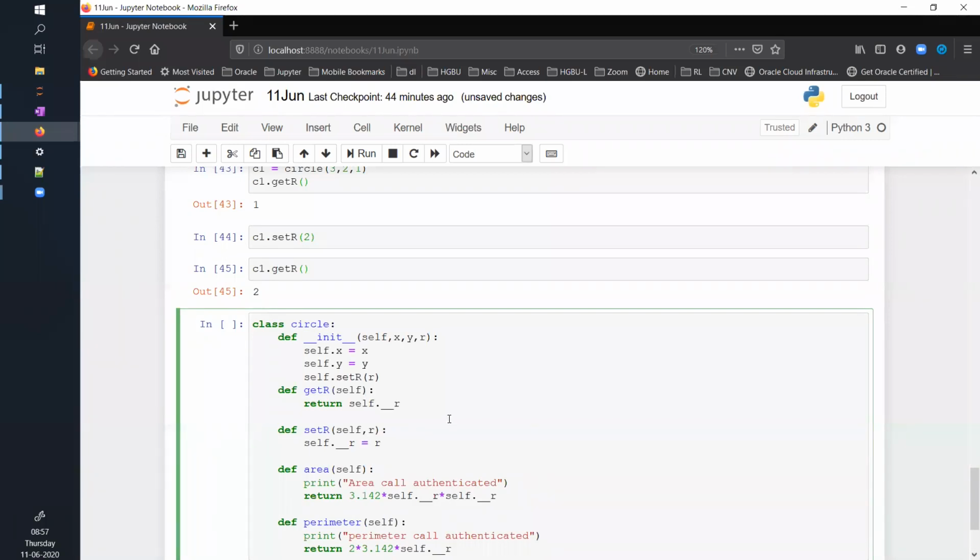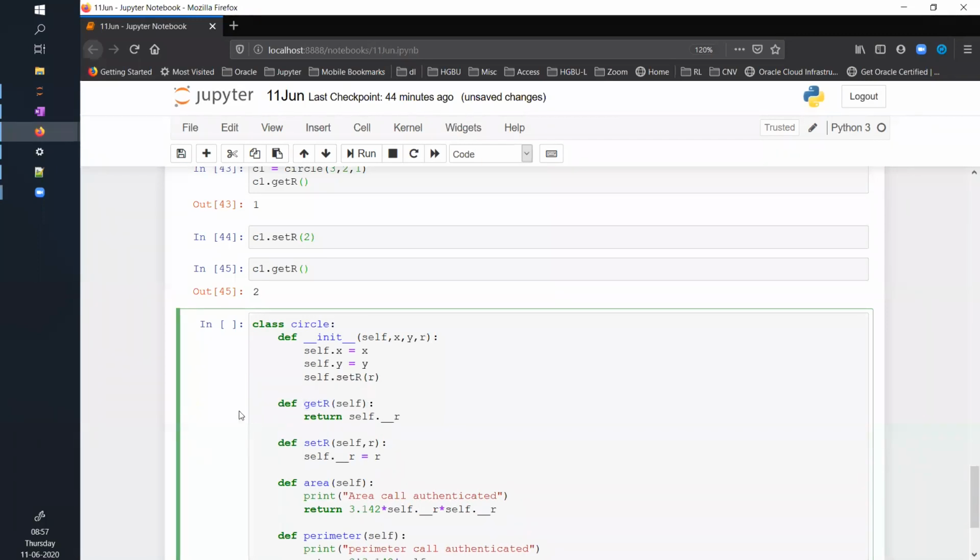Now what I will do is forget about these functions. You have your attribute name R, right? So create functions with the same attribute name. Instead of a getter method get R, you create functions with the same attribute name: def R, and for the setter also you create a function with the name R. And here you write your original code, self dot double underscore R equals R. You just need to make this private.